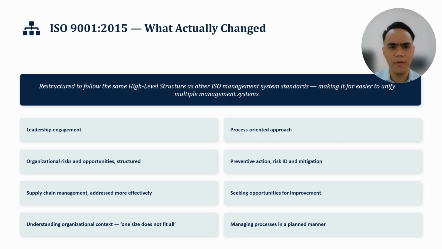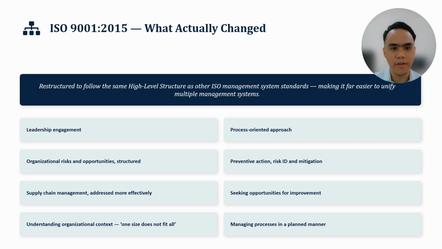This restructuring was implemented specifically to make it easier for an organization to unify multiple management systems. So if a company is certified to ISO 9001 for quality and ISO 14001 for environmental management, for example, a shared structure makes integrating those two systems far less redundant. In addition to making the standard more user-friendly for service and knowledge-based organizations, not just manufacturers, the other changes emphasize